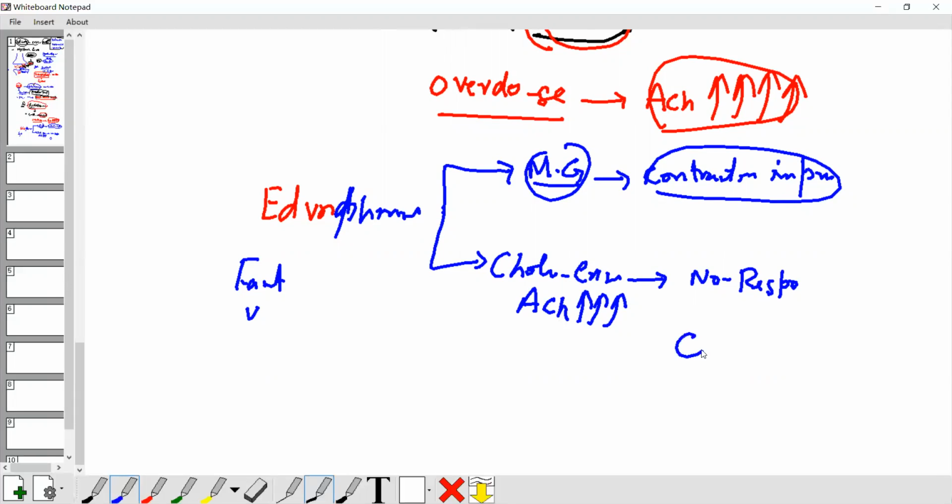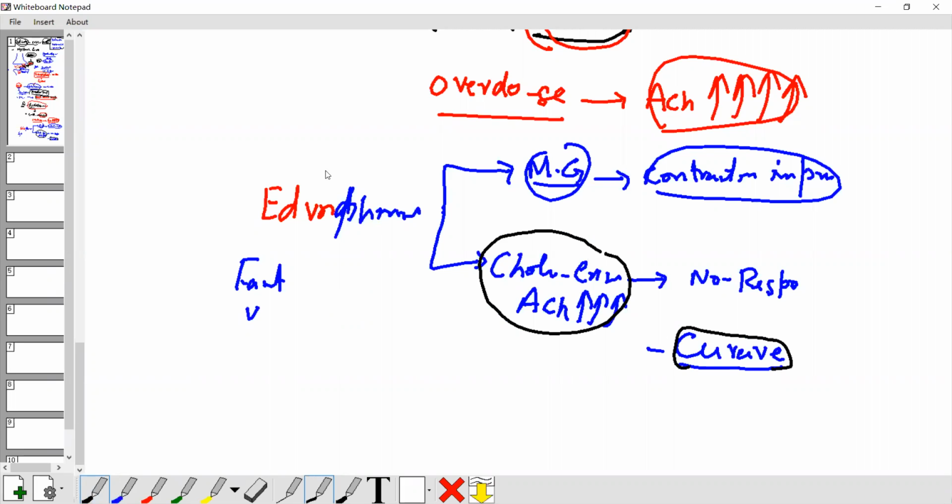We can use drugs from the antagonist group, which I will explain later: the curare family drugs, Atracurium, Mivacurium. Later we learn them in the antagonist group. The curare family drugs are against acetylcholine. They can block the receptor because of the overstimulation there. So in case of cholinergic crisis, there is no need to use pyridostigmine again.